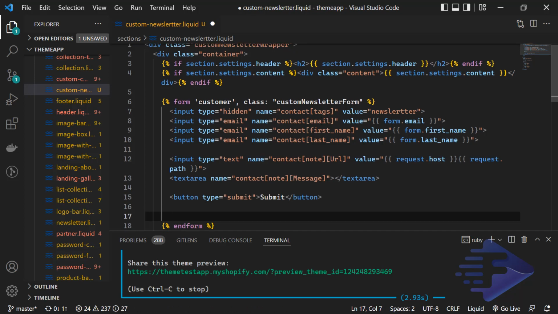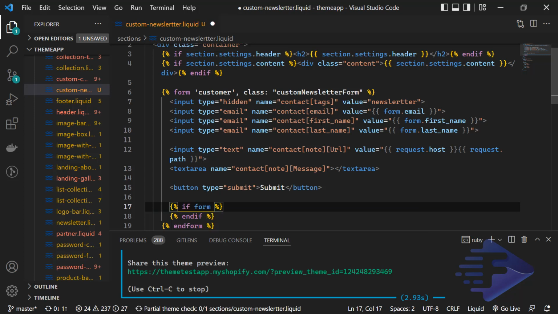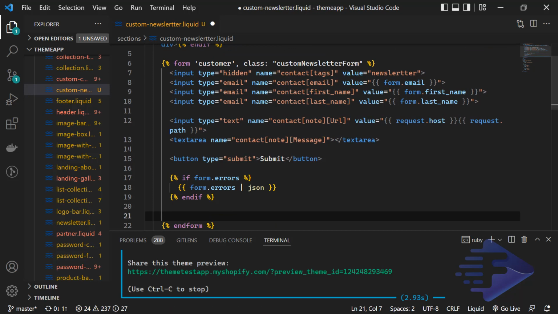One more thing will be our errors, let's say if form dot errors, then let's print our errors first, in JSON form, and the next thing will be our, let's duplicate this one,